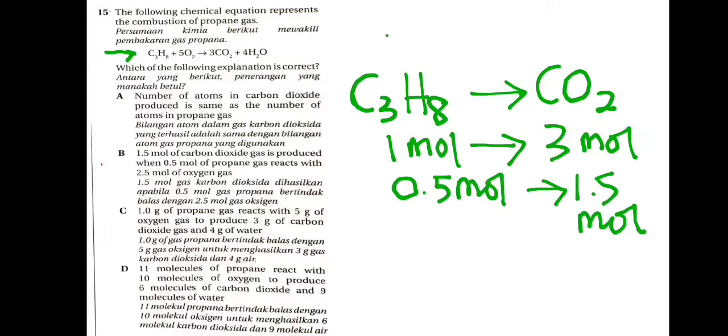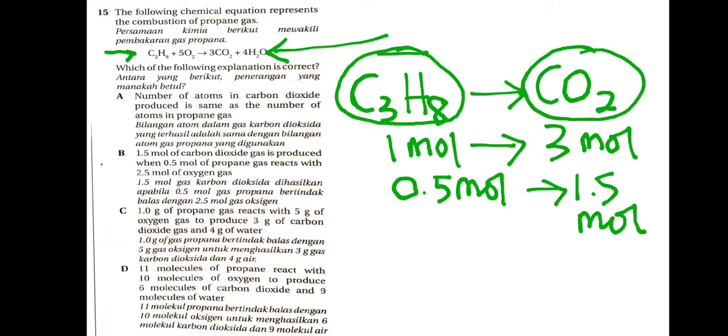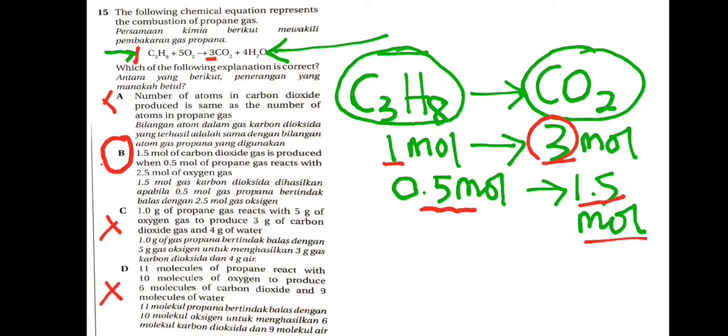So di sini daripada equation yang ini, okay, kita ada propane C3H8 ini, propane dia produce carbon dioxide gas. So daripada equation itu, 1 mole of propane dia produce 3 mole of carbon dioxide. Okay, sini 1 mole, sini 3 mole. Okay, so kalau setengah ataupun 0.5 mole sahaja propane, of course dia akan produce 1.5, half of the 3. Okay, separuh daripada 3 itu, 1.5 mole of carbon dioxide. So di sini jawapan kita yang betul adalah B. Okay, yang A, yang C, yang D itu semuanya salah.